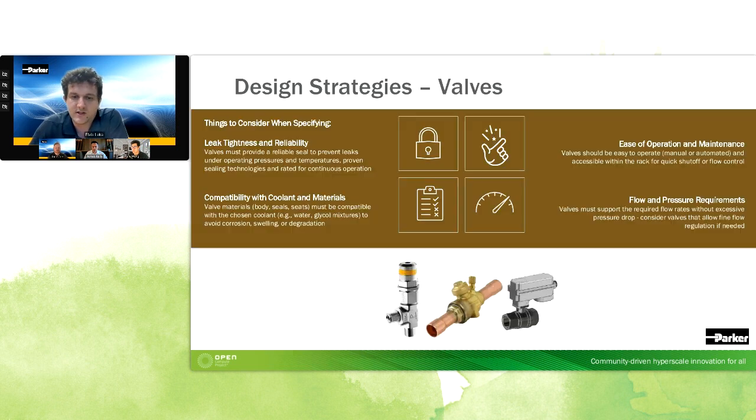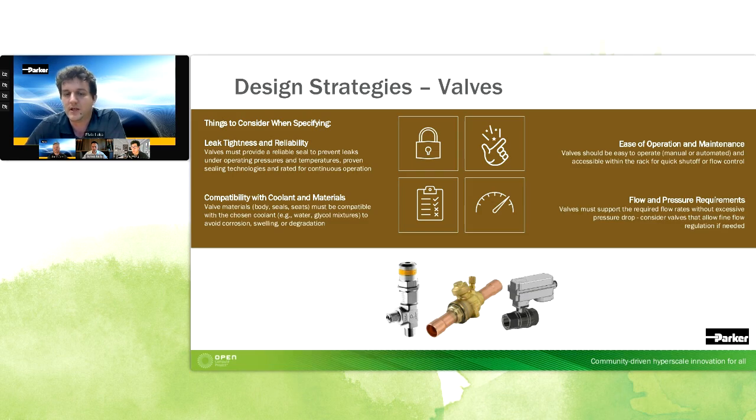On our next design strategies, we're going to focus a little bit on valves. Valves is a very generic term. It can mean a lot of different components, and quick disconnects are typically valves as well. So when you're looking at valves, think about your pressure relief valves, your ball valves, electronic ball valves. One of the main things that you're looking at when you're picking a valve is your flow versus pressure